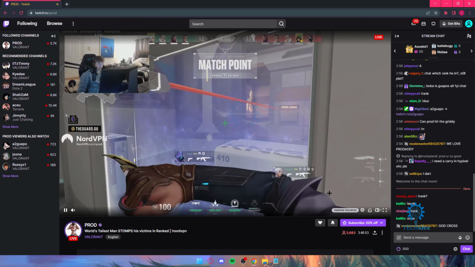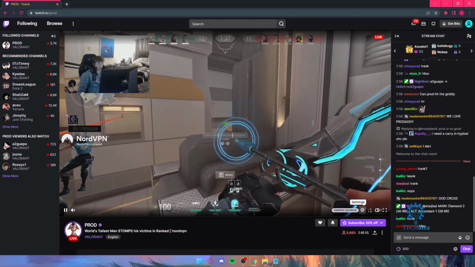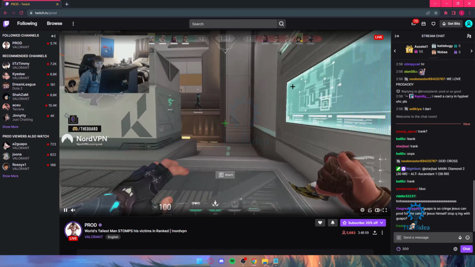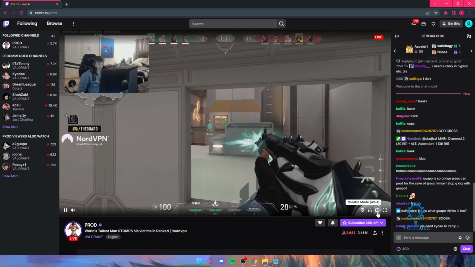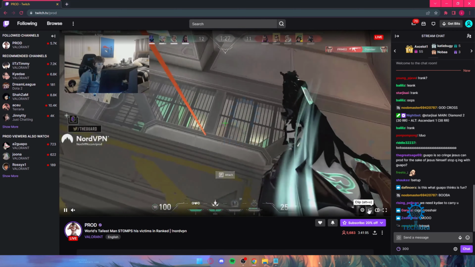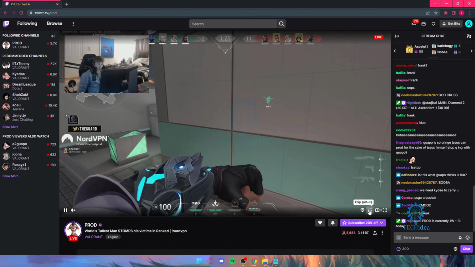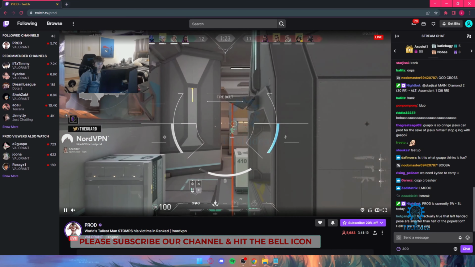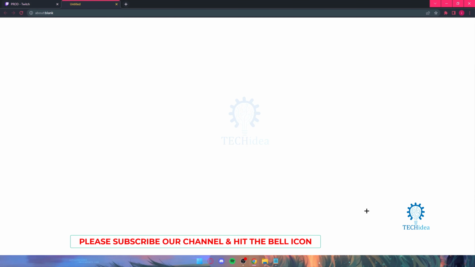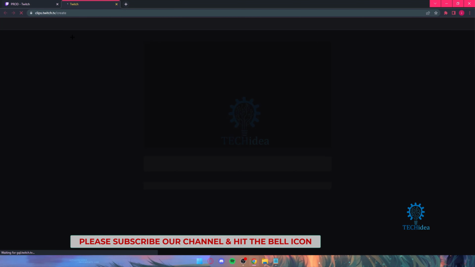And today I'm going to be showing you guys how you can clip on Twitch. So when you're viewing a video or a stream, over here you will notice, in between the theater mode and the settings mode, this thing called clip, or you can alternately press Alt X on your keyboard. So when you press on this clip, it's going to take you to a whole new page,